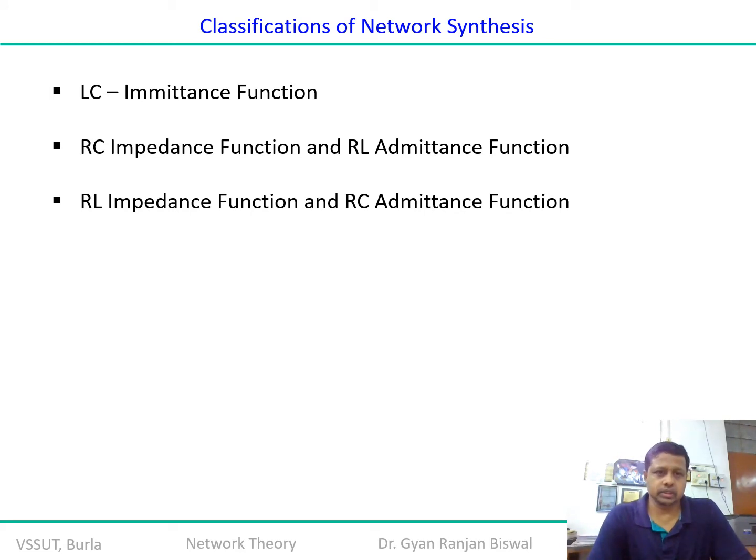So, under the head of this particular topic, as far as our last discussion is concerned, we discussed the basic properties for realizing a stable network, or in other words, for realization here means designing a stable network. And to pursue that, if we assume that at some point of time the transfer function is represented as an impedance function or admittance function, then to realize or design a stable function, we discussed four different criteria or methods.